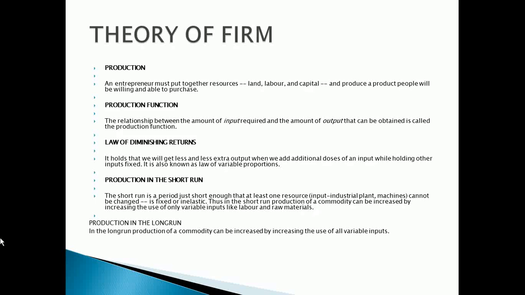Average total cost. This is the sum of all production costs divided by the level of output. Average variable cost. This is the sum of all total variable costs divided by the level of output. An average fixed cost is when total fixed cost is divided by the level of output. Marginal cost is described as the change in total cost divided by change in the unit of output produced.